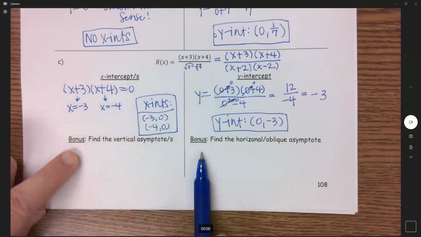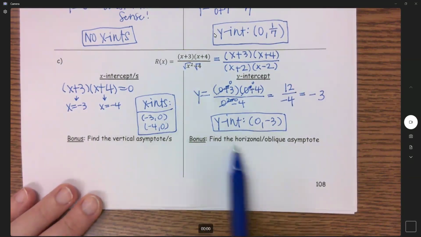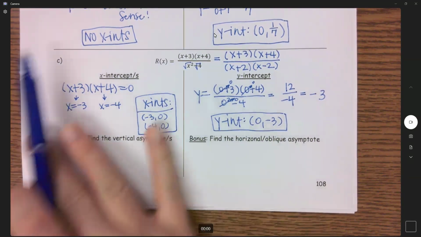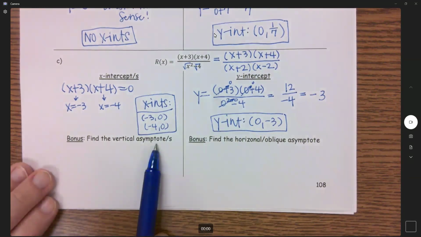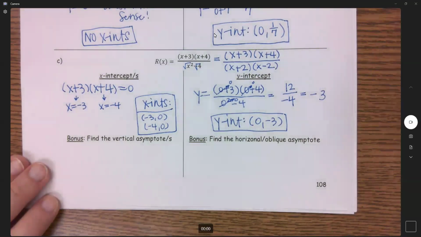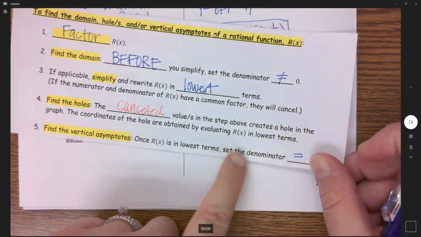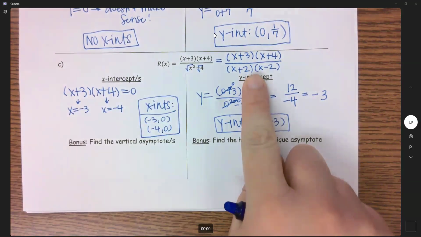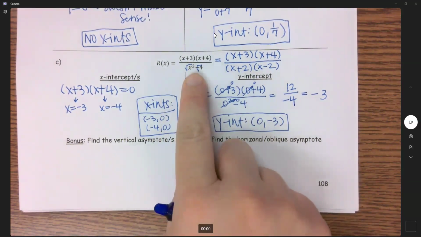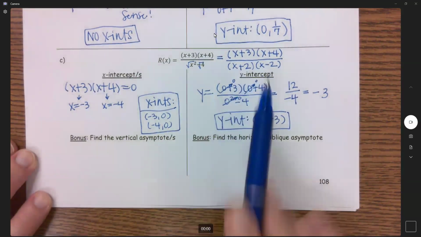Now, these bonuses are going to tie back in what we did at the beginning, our vertical asymptotes, and what we did last video, our horizontal and oblique. And this is kind of what we're going to be needing to do next video when we're graphing, is putting it all together. So let's kind of review. Find the vertical asymptote. You find the vertical asymptote when r of x is in lowest terms, set the denominator to equal 0. So you can do either of these here to equal 0, either x squared minus 4 or this in factored form. If I take this in factored form,